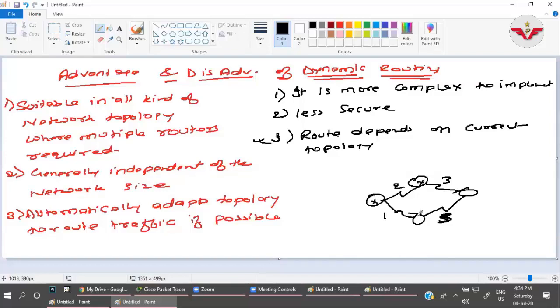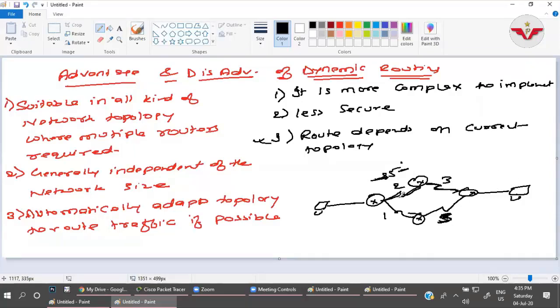So dynamic routing automatically selects the path. If I talk about the link state routing protocol, it works on the costing. If I am sending a packet from here to here, it will check which is the shortest path, so it will check the metric. For this route, we have a distance of 5, 3 plus 2. Whenever I send a packet, it will select this path to reach the destination.